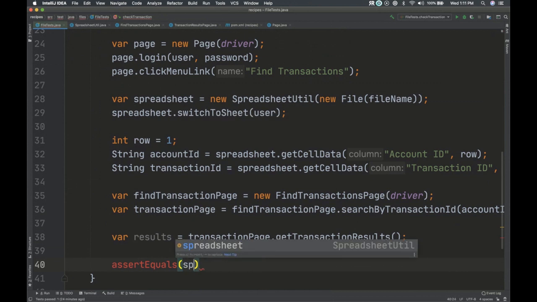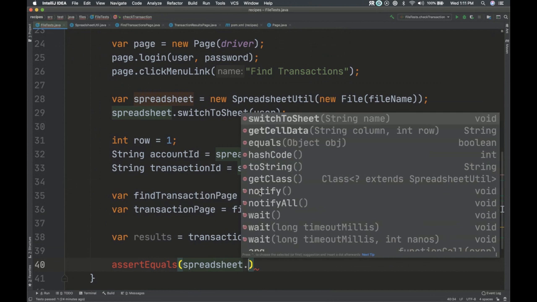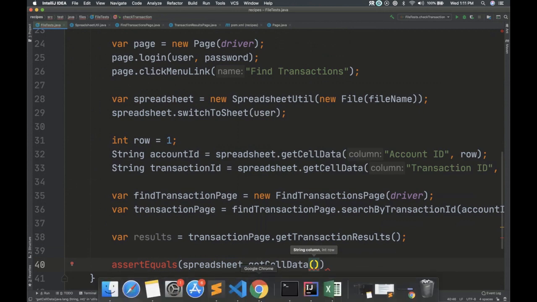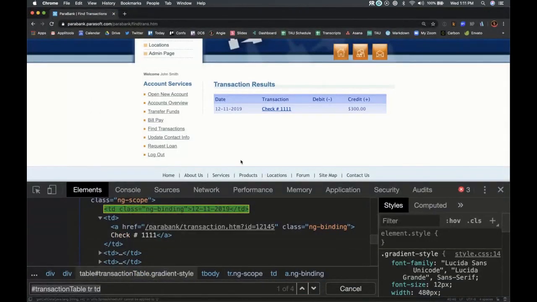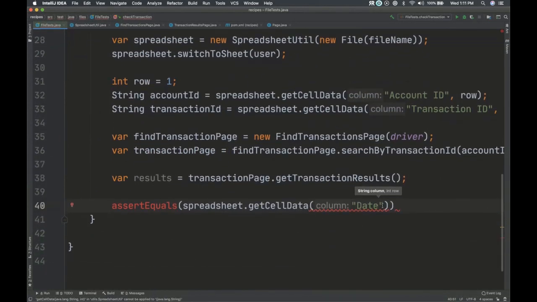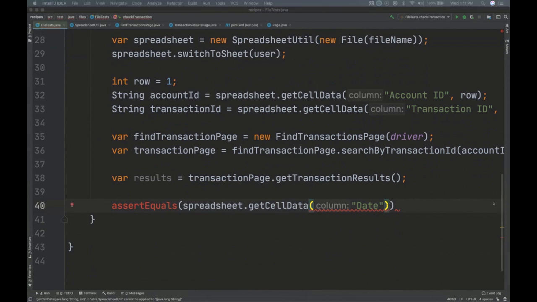All right, spreadsheet dot get the cell data. So we want to get the date, right? Okay, so let's see, date. That gets it from our spreadsheet, the value of the date, and you have to give it the rule.